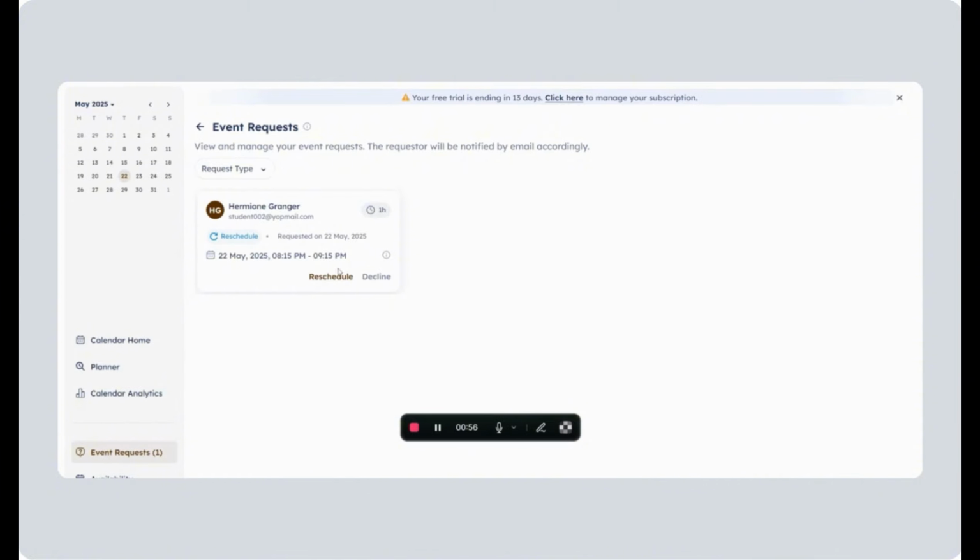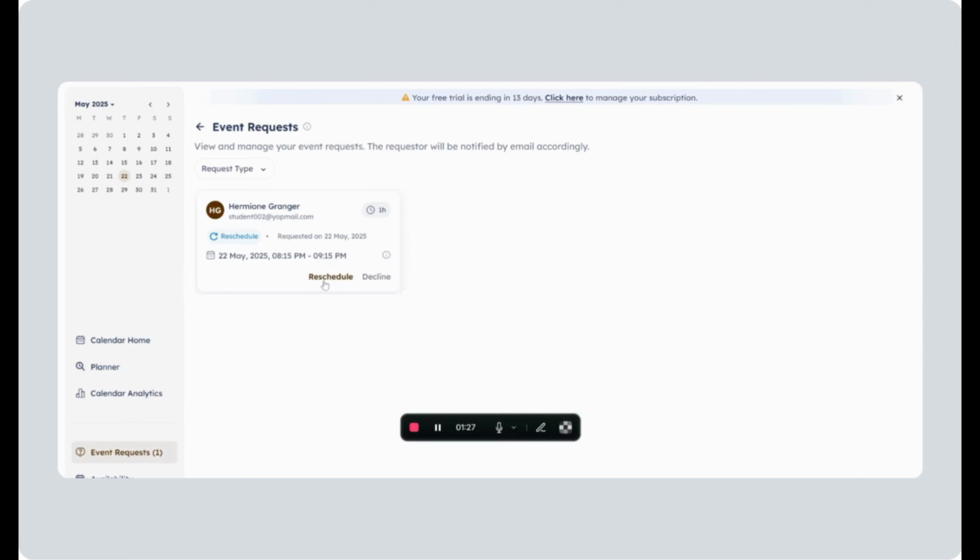Now what the admin can do is either approve the request or decline this request. And in order to see what reason has been stated by the student for this reschedule, there is an icon for information. The admin can just hover over it, and in the description, the admin will be able to see whatever reason has been entered by the student. As you can see in the description, the student has entered that they would be unavailable at this time and they would be available at 3 p.m.